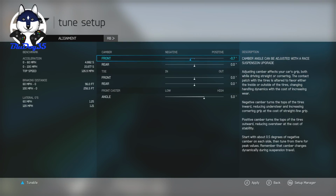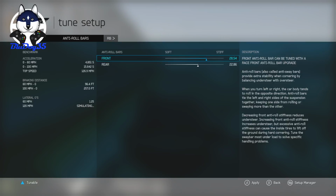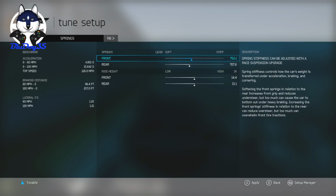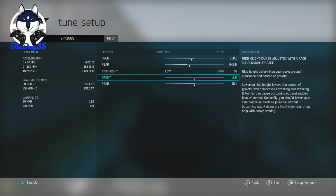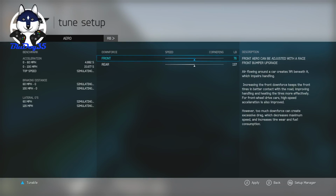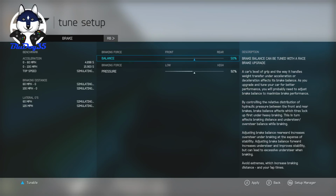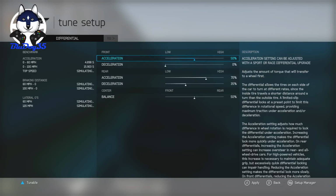So the gear ratios seem to be okay for now. Let's keep everything, put a little caster in it. Leave the roll bars alone. Leave Brittany alone. Put a little more front spring into it, and then we'll take some out of the rear. We'll drop this thing a bit, get the center of gravity a little bit lower. Do a couple small adjustments with the bump and rebound. Turn the braking pressure down a tad. And I didn't really have any rotation problems, so...